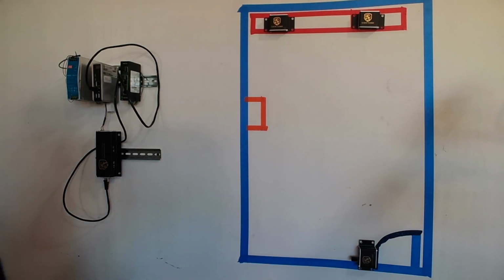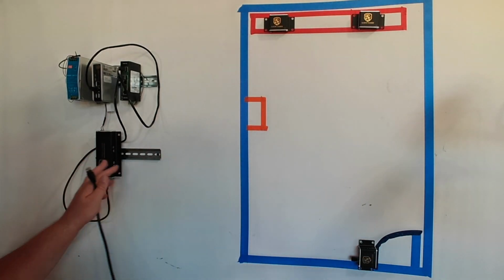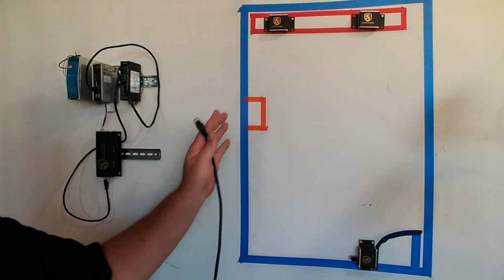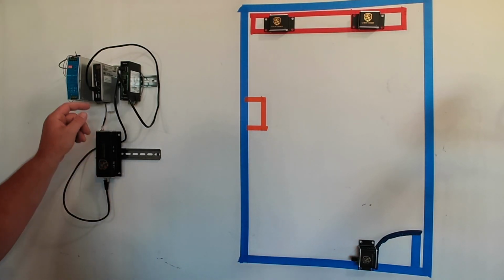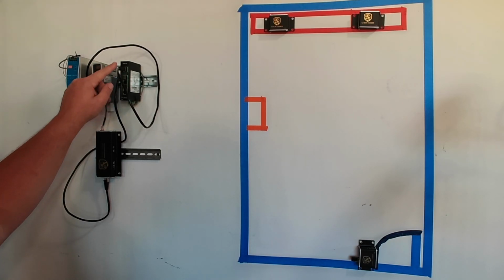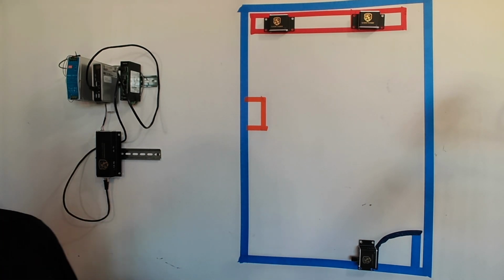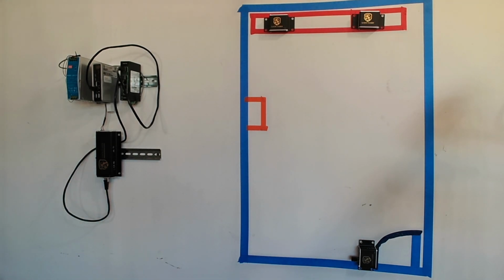So for me, I like to work either from the back, which is the end of the system, and work my way to the front, or from the front of the system to the back. So far, we have gone from our port one on the network of the controller to the switch, from the switch to the hub. So I think I'm going to stay on that same pathway. If I've got a cable long enough, I should have thought of this beforehand when I mounted this, to get from